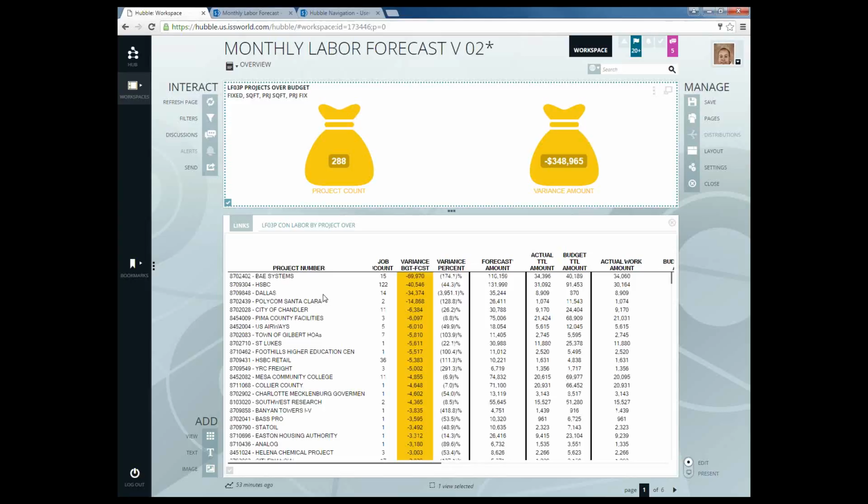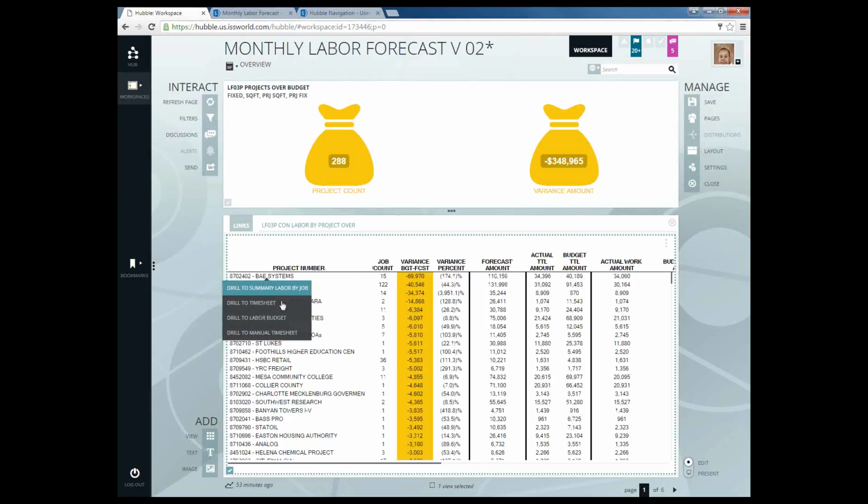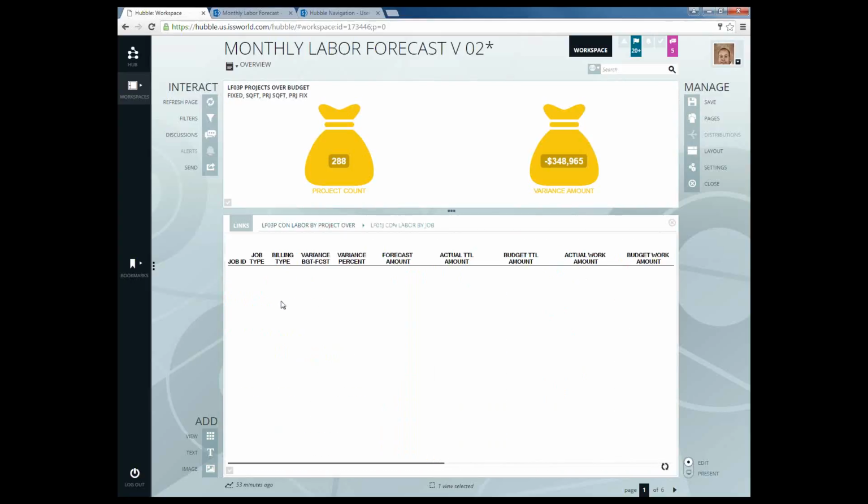All right, so I'm going to actually go back in. I'm going to go back into BAE Systems. I'll go back into the summary labor by job. But this time, I'm going to go into one of the jobs. I want to drill down into one of the views called timesheet. Now, as I mentioned, the timesheet view is going to show you a listing of all the different time transactions